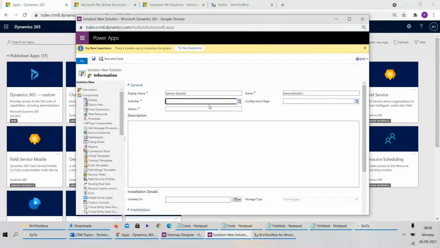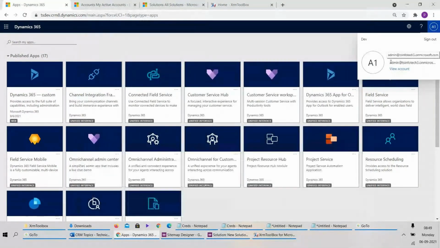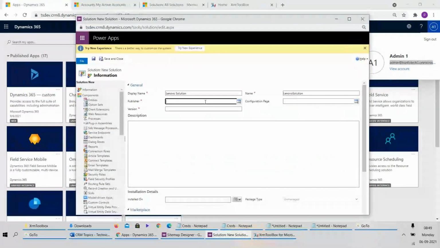For every solution there should be a publisher. This publisher is nothing but the company for which we are doing it. Assume I have logged in to the CRM with some admin account, and this admin can do multiple apps. He is working for Dell, so he can do one app for Dell, one app for Lenovo, one app for Microsoft, and one app for some other XYZ companies. So in order to segregate which publisher you are using, to whom you are doing it, we need to